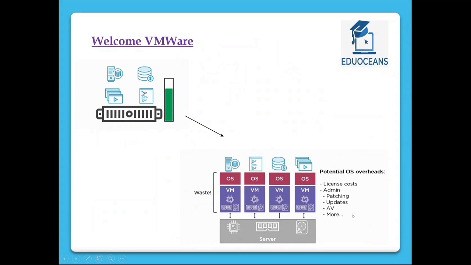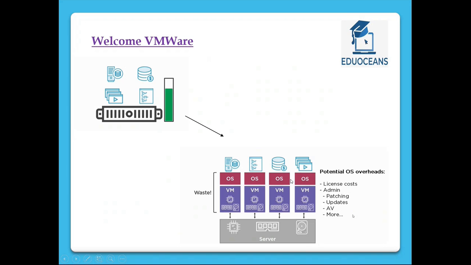if there are 4 applications running and there was a dedicated server, we came up with a concept called virtualization, where the virtual machines would be running. They would have a dedicated amount of CPU assigned to them, RAM memory assigned to them, split based on the total. That okay, I want 2 over here, 5 over here, and likewise.